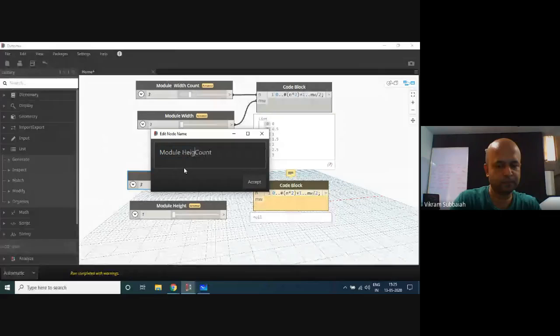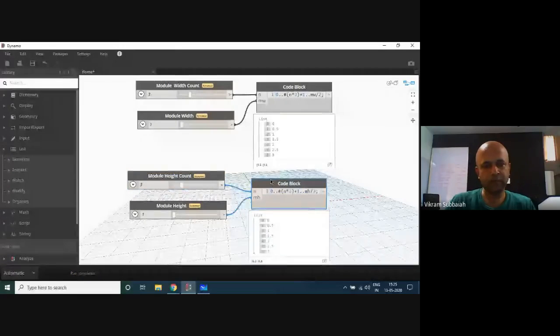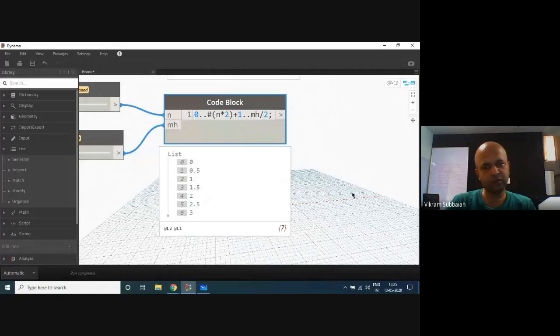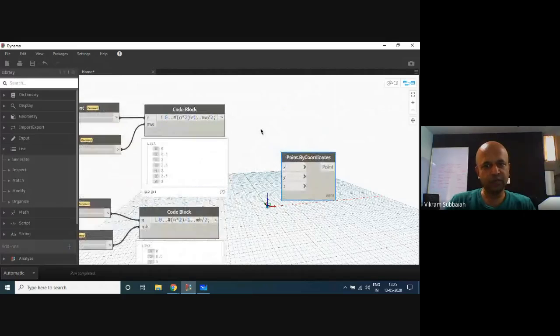So we're building up a structure here like this. Call this module. Okay, so now if we want 3 points, 3 modules, we got 0, 0.5, 1. So this seems right. Now we're going to feed this into this.